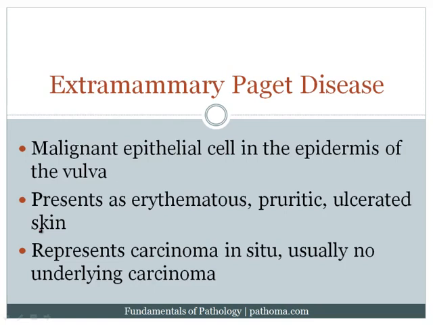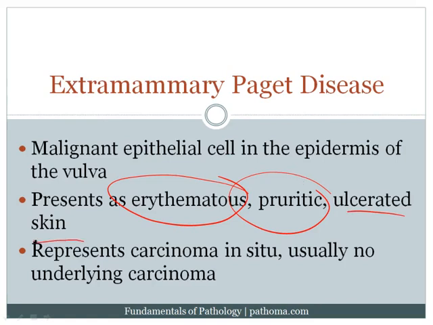Now you can see that in the nipple, and that would be called Paget's disease of the nipple. And you can see that in the skin of the vulva, and that's called Paget's disease of the vulva. When it presents, whether it be in the nipple or in the vulva, it presents as an erythematous, itchy, ulcerated skin. And again, it's going to be due to the fact that there are malignant epithelial cells within the epidermis